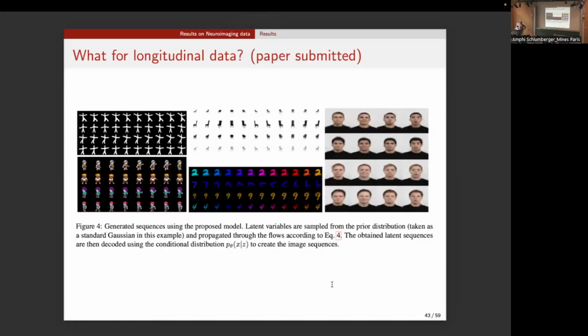And actually, he did not leave his PhD without going further. He actually tried to see how we can adapt that to the longitudinal data sets. This is a paper that is currently under review, but he manages to do the exact same thing with longitudinal data, trying to use the fact that we have a structure in the latent space that will evolve along the time. The probability distribution is given at time 0, but evolves along time so that you can sample from the probability distribution at any time, and you can also draw some